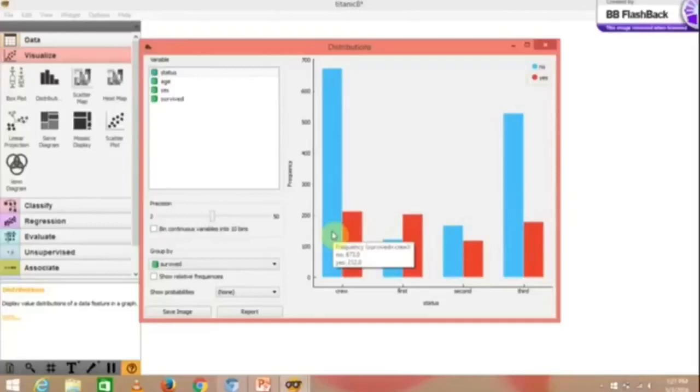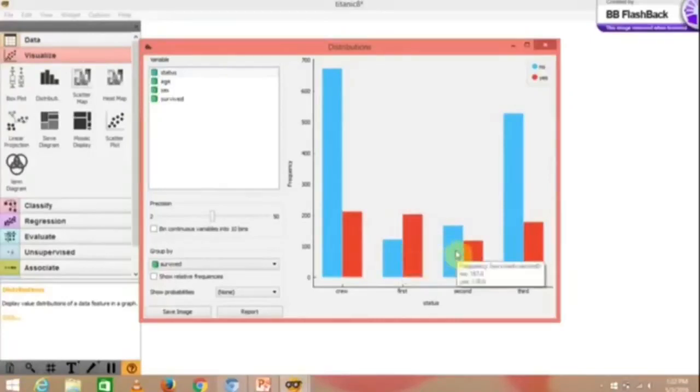See here, frequency survived crew, no 673. That means 673 people did not survive and 212 people survived in the crew class. In the first class, 122 people did not survive and 203 people survived.